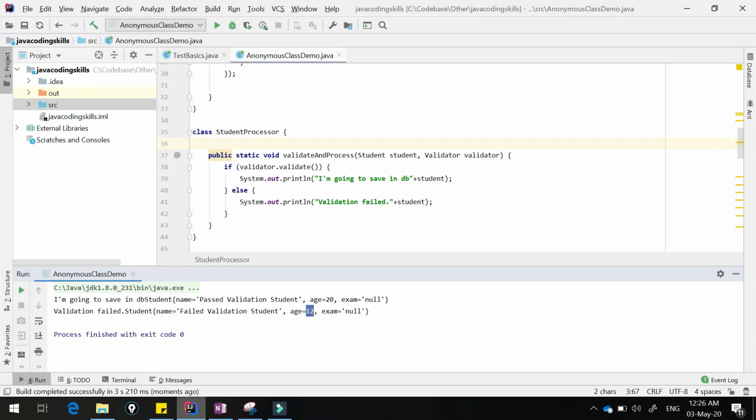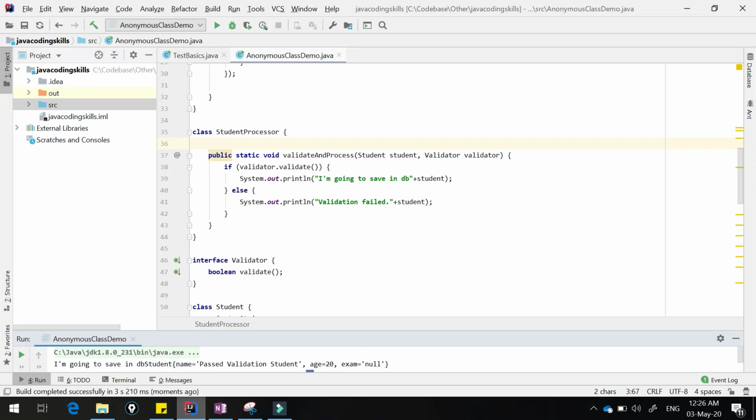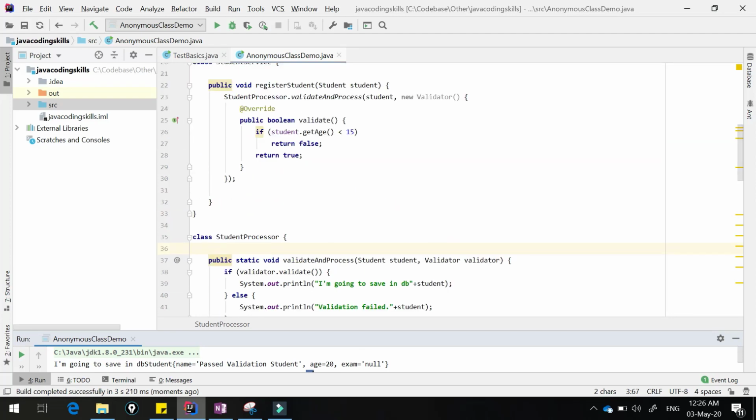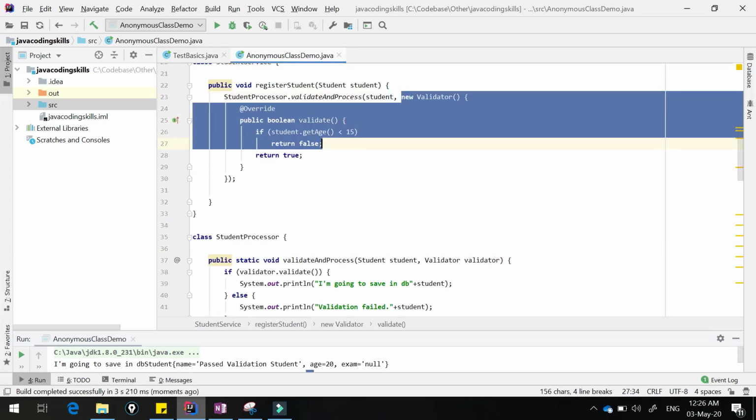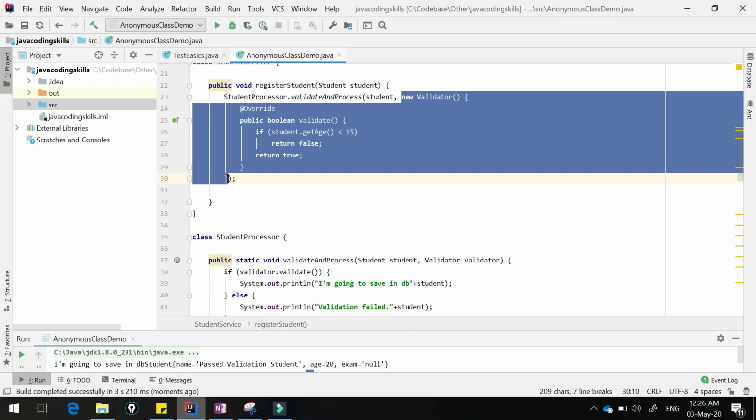So our focus is not about this business logic, our focus is about how to write anonymous classes here, and we have already achieved it.